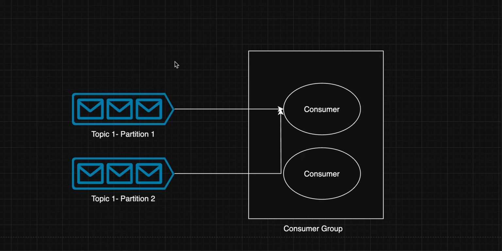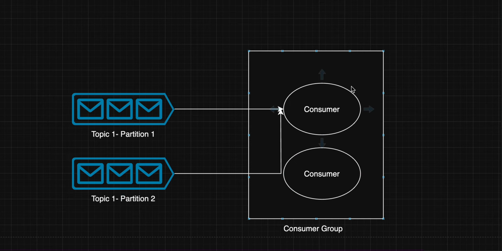A particular consumer can consume from multiple partitions of the same topic, but a partition of a particular topic cannot send messages to different consumers of the same group. So this cannot send messages to both of these consumer instances. These consumer instances are of the same consumer. Understand, a consumer is like a service, and we have created multiple instances of that. So this can be done: this instance is reading both, and we can delete this.